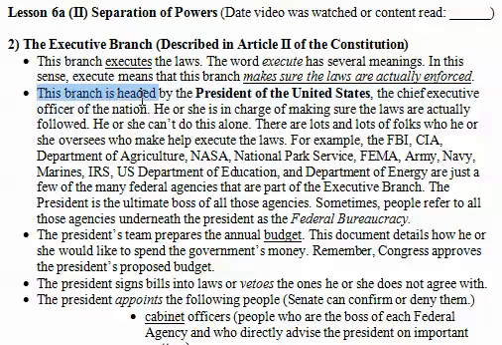This branch is headed by the President of the United States, the chief executive officer of the nation. He or she is in charge of making sure that the laws are actually followed and done. He or she can't do this alone. There are lots of folks out there who he or she oversees,